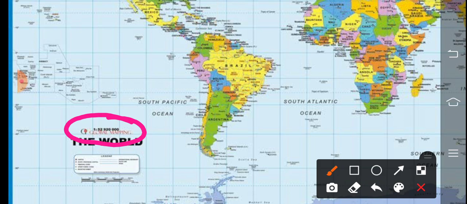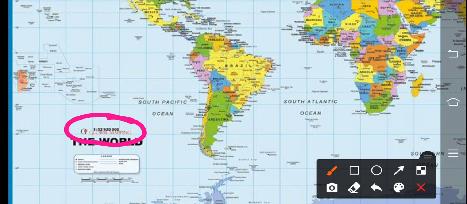So there are two values in the ratio. One value will represent the distance on the map and the other one the actual distance on the ground. So we are reducing the actual distance to a smaller one. So that is scale. It is the ratio between the actual distance on the ground and the distance shown on the map. Say for example, the distance between your school and your home is 20 kilometers.